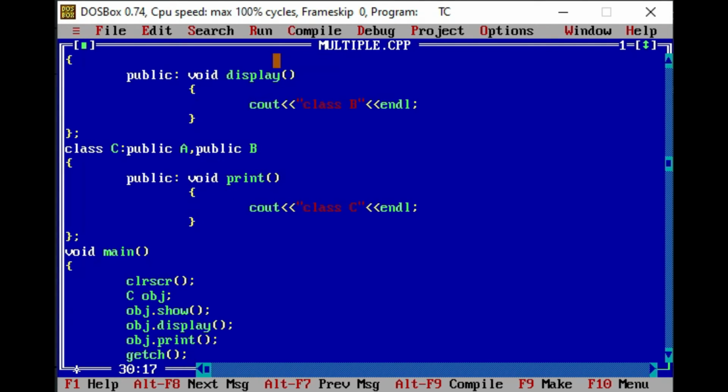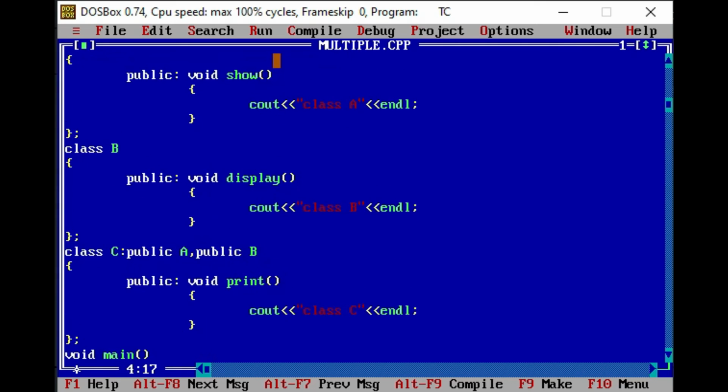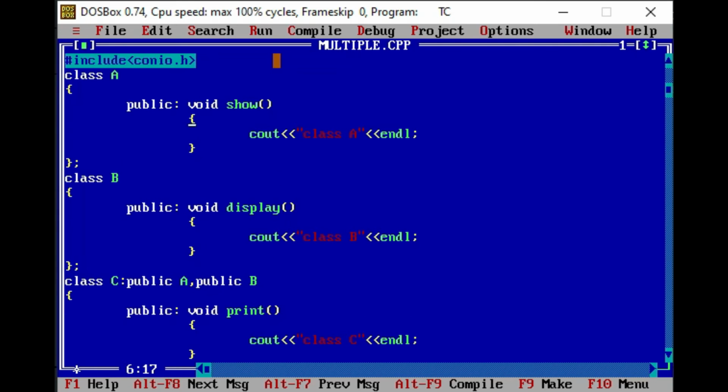Now in this concept, there is one more thing to understand. If I am taking a function called show again in the class B, because class A is different, class B is different, I can take a function having the same name.